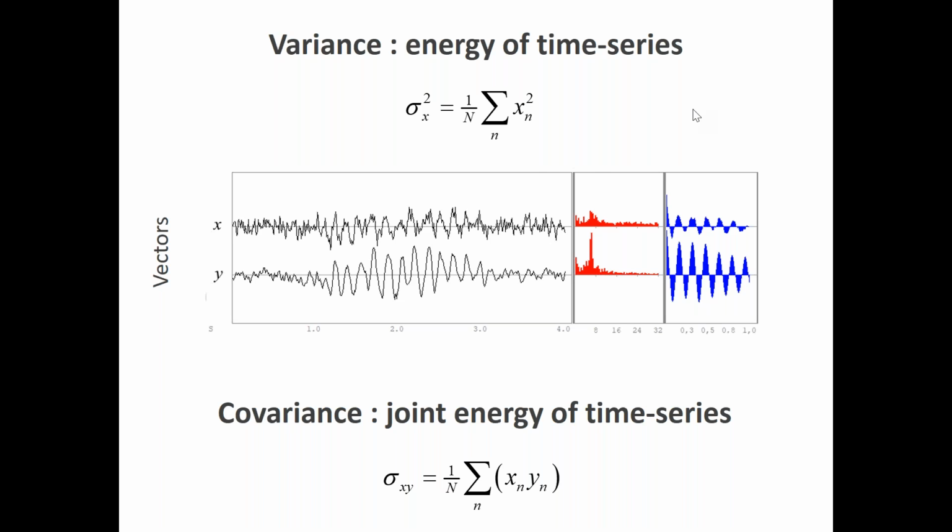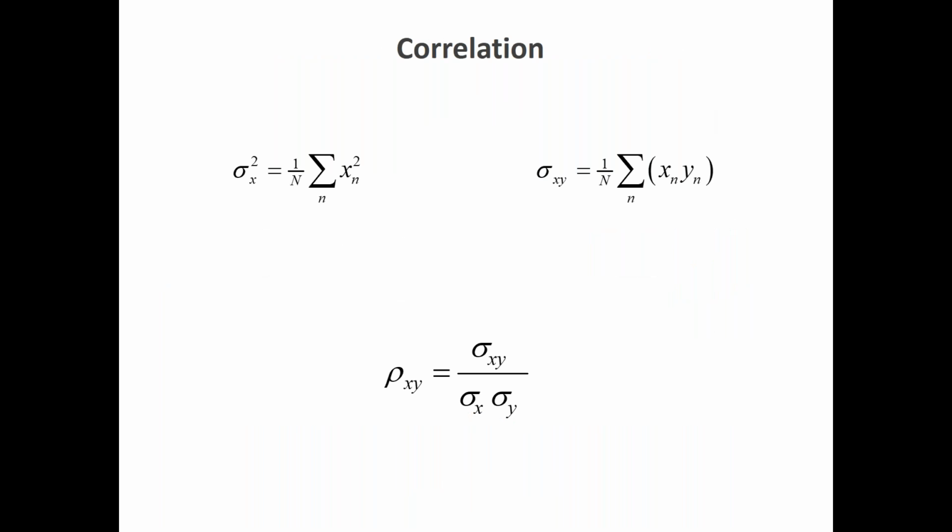Now, actually, you know what the covariance is, because the correlation, which is a concept that is very well known, is the covariance standardized by the standard deviation, which is the square root of the variance of the two series. So this is the formula that you see on the bottom. I don't know if you see my cursor. I guess yes. So the formula on the bottom is this. We have the covariance between the two time series, x and y, divided by the product of the standard deviations of x and y, which are the square roots of the variance of x and y. Okay, so this is the correlation.